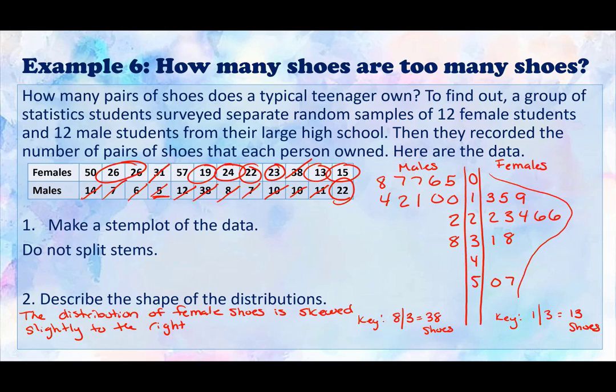Now, if you look at male shoes, we have a lot higher here, and then it also kind of comes out there. So you have to remember that this is kind of reversed. So this is actually also skewed right. So there are fewer people with more shoes, as is the distribution